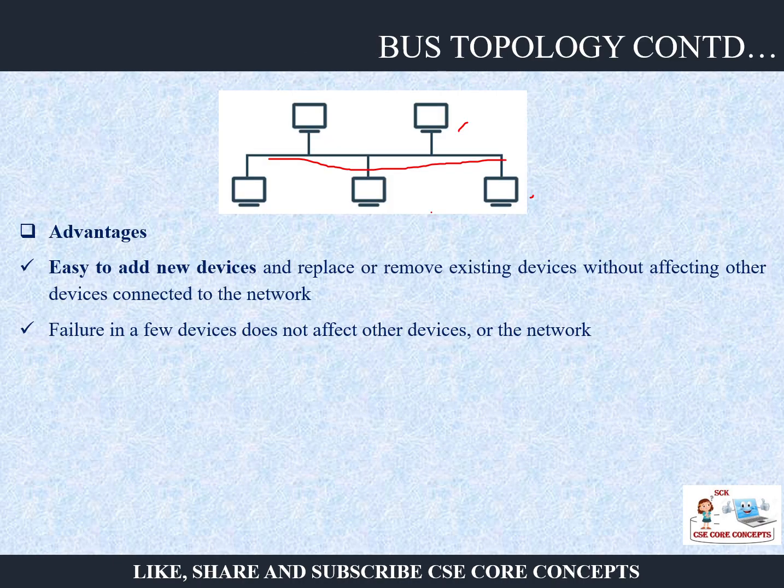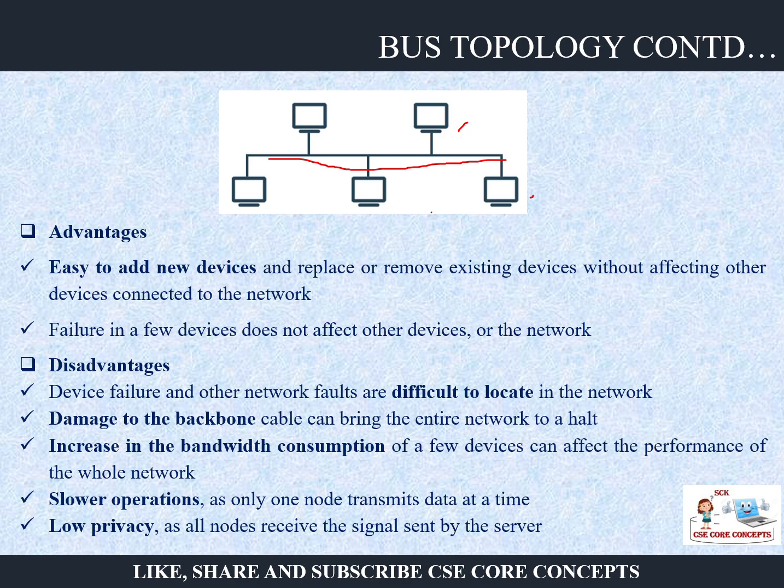The basic advantage of this approach is that if you want to add more devices, that is, make your system more scalable, you can simply attach them to the existing bus without affecting any existing devices. Also, the failure of a few devices, suppose some of the nodes are not working today, does not slow down your whole network. Those nodes are not working, but others keep working in the network. But the disadvantages are quite a few. That is the device failure.